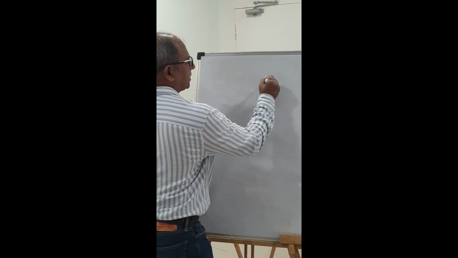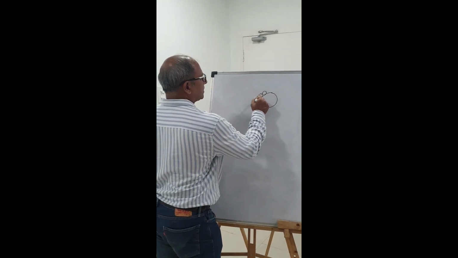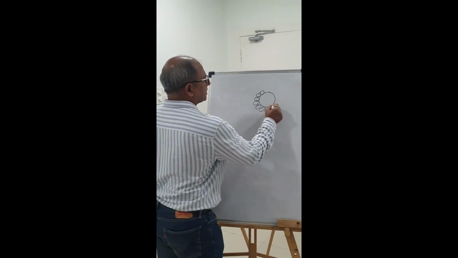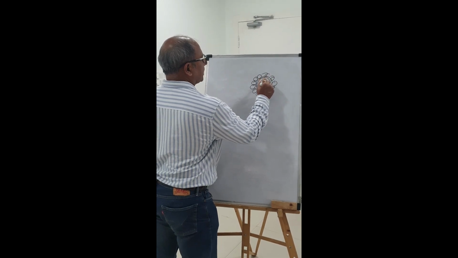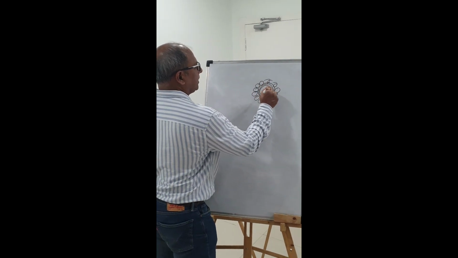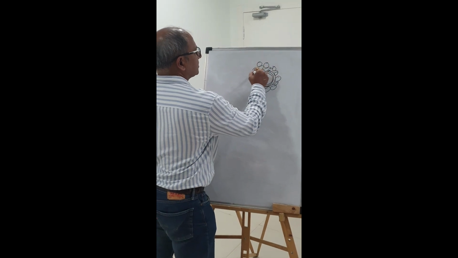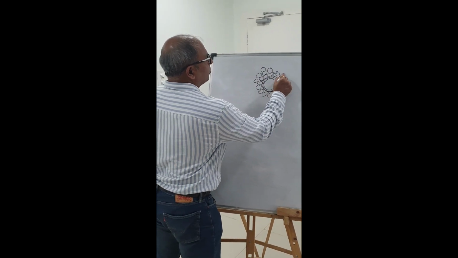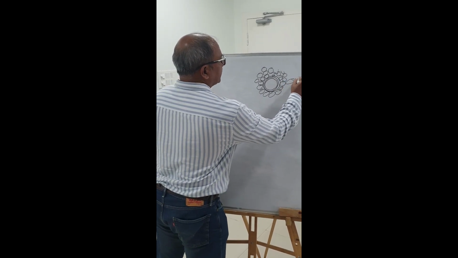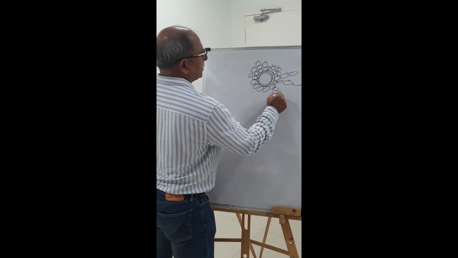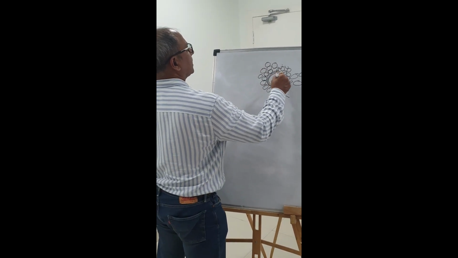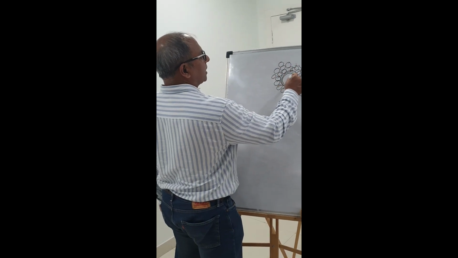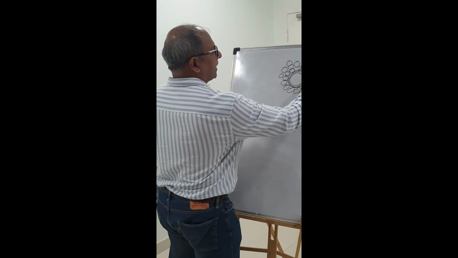These are eggs which are covered by granulosa cells. To protect the egg, there is a covering of the oocyte, and inside there is the egg. When these cells become more loose, they become rays. These are called radiation. Corona means, at the time of an eclipse, when you see the sun, there is a light, and this light goes like this. So this is the radiation of the corona.